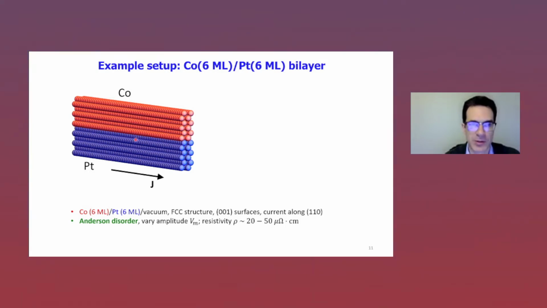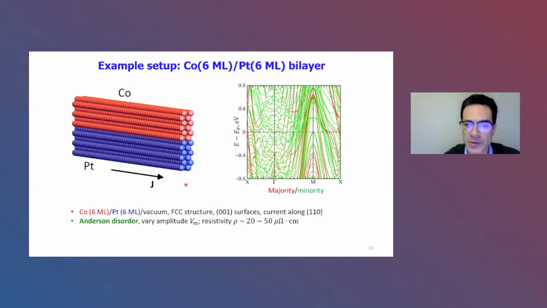One can also use substitutional disorder, which we used for a different work, which I'm not going to talk about here. This is just an illustration of the band structure of the system. As you can see, very complicated. So one needs to use first-principles calculations